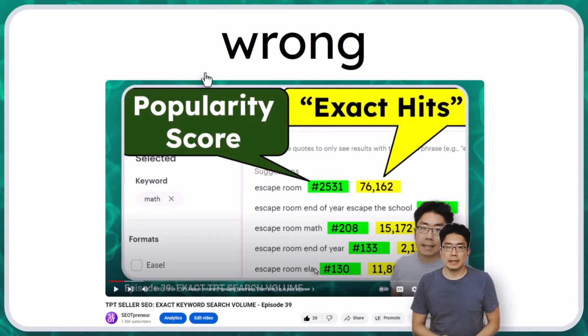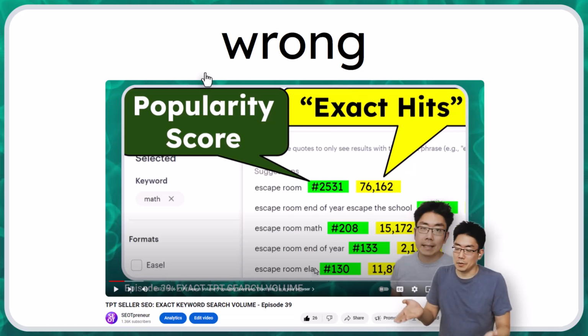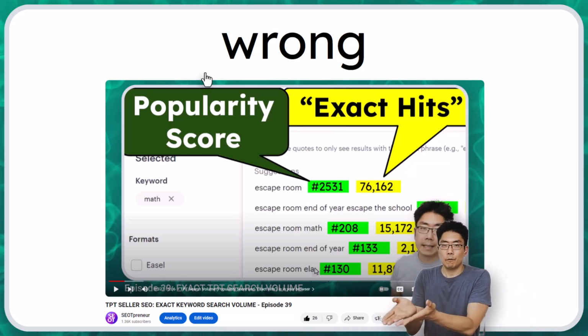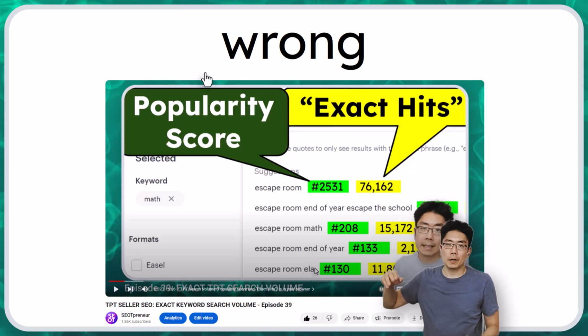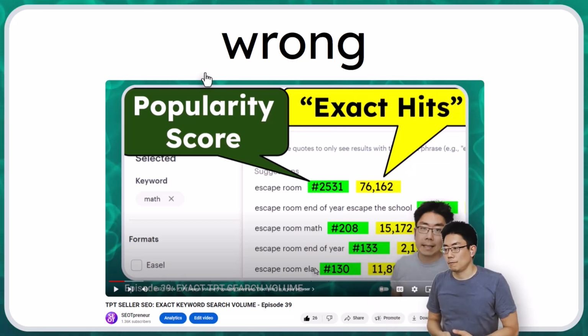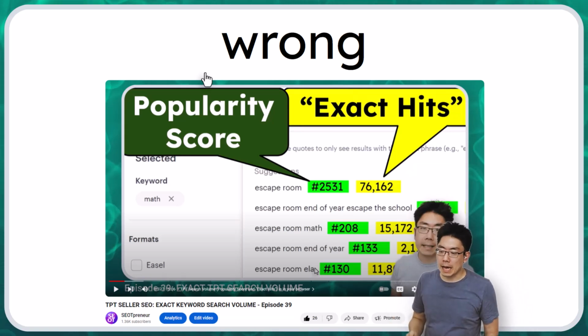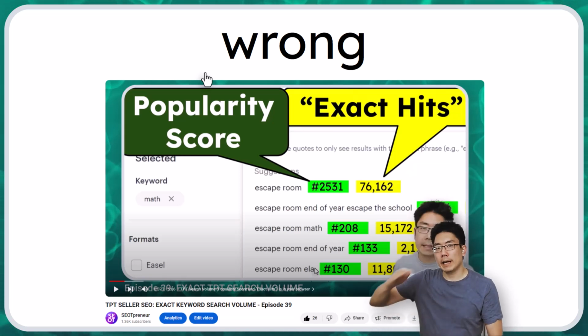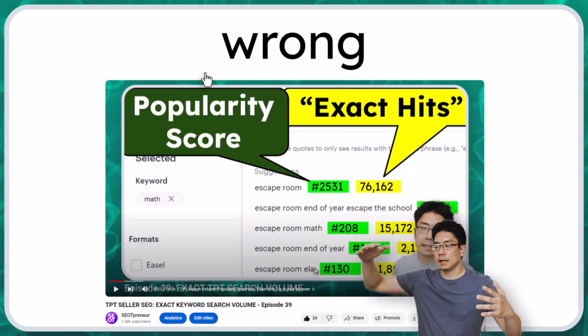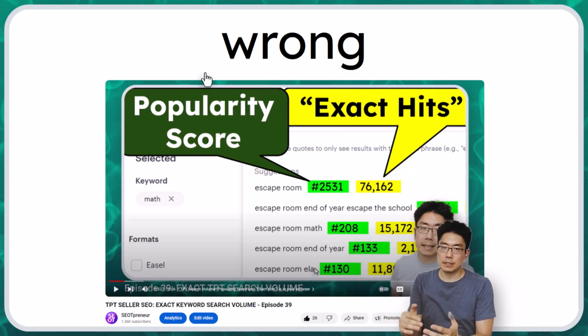In episode 39, I talked about how TPT could do it. They could show the popularity rank for TPT sellers. If you flip on a switch on the back end, maybe you're able to see the popularity score for different keywords. And at the time, in episode 39, when I made that video, I thought the popularity score was a ranking, whereas the highest numbers were the most searched terms, and the lowest ranking words were the least searched terms. And at the time when I looked at it, I thought that the exact hits was more like the search volume, because I saw numbers like